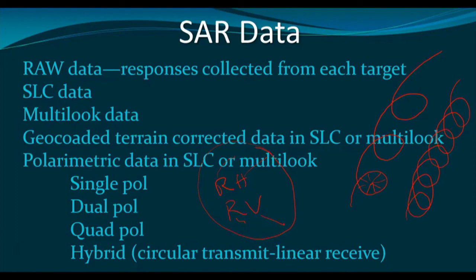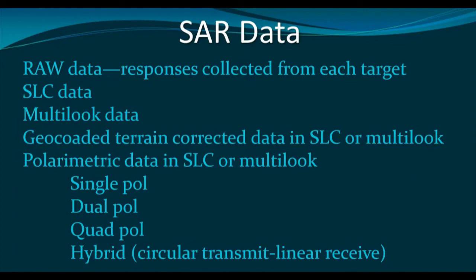However, in future whether we will get this right circular polarization or not, that will depend on the success of this mission, and till date other than RISAT 1, we do not have any satellite that throws the energy in circular polarization. However, if the sensor throws the energy in circular polarization, then it is called hybrid polarization.